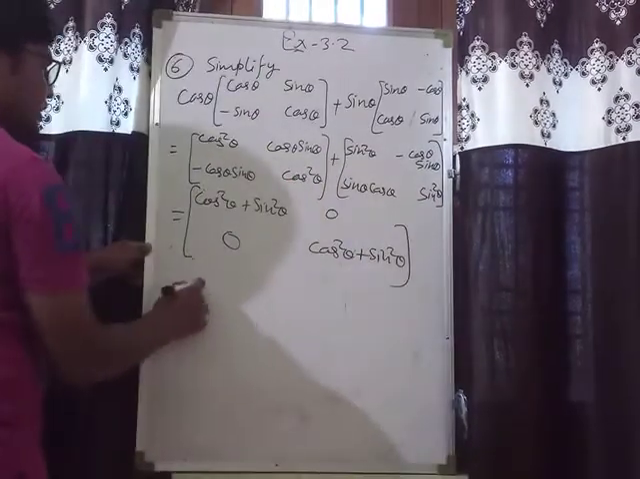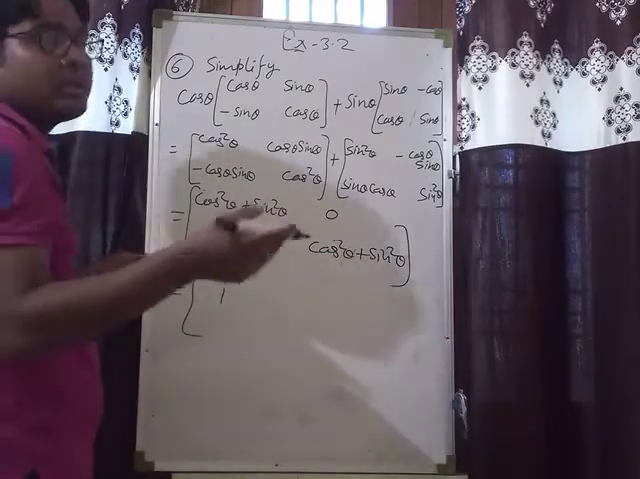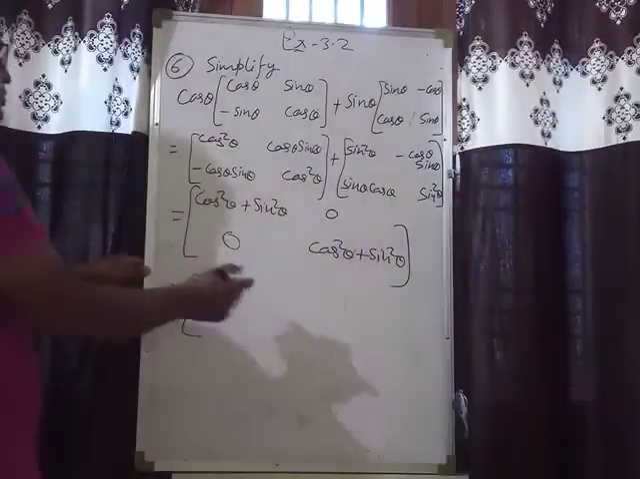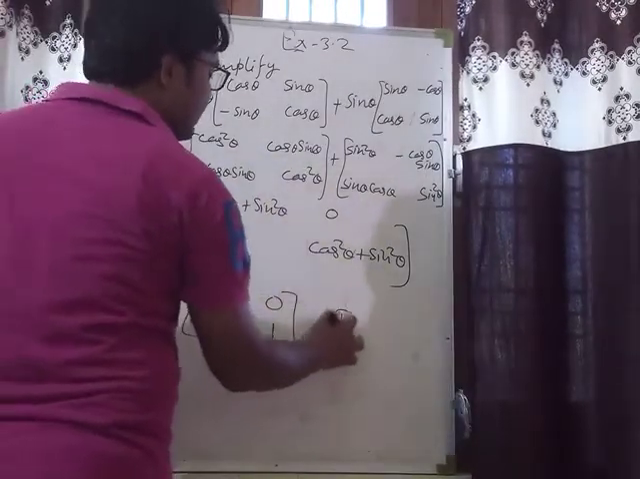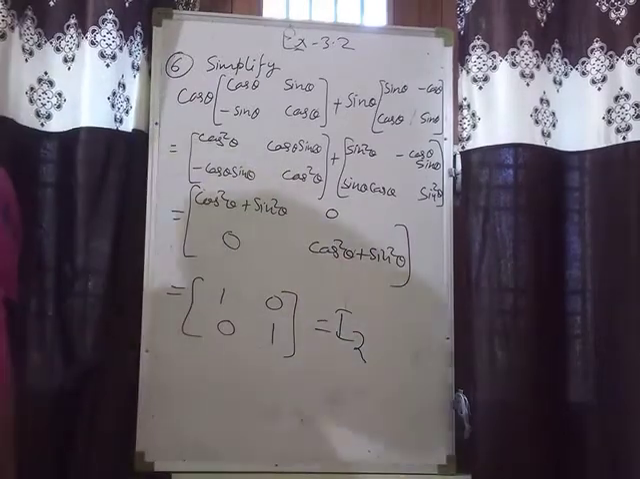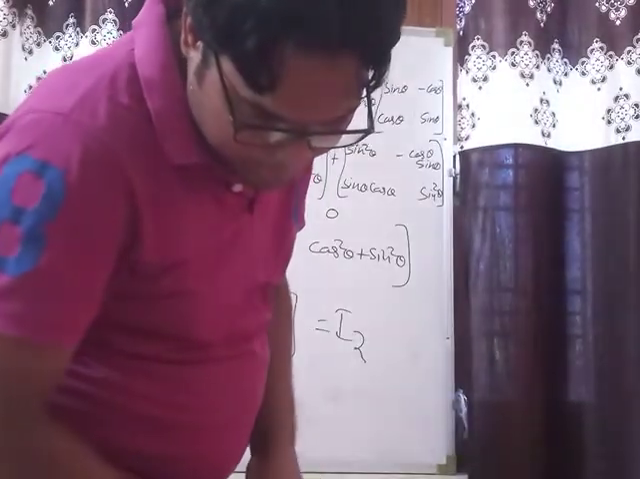Okay. And we know that cos square theta plus sin square theta is 1. That is 1. This is 0. This is 0. That is 1. So that is an identity matrix of order 2. Okay. Now question number